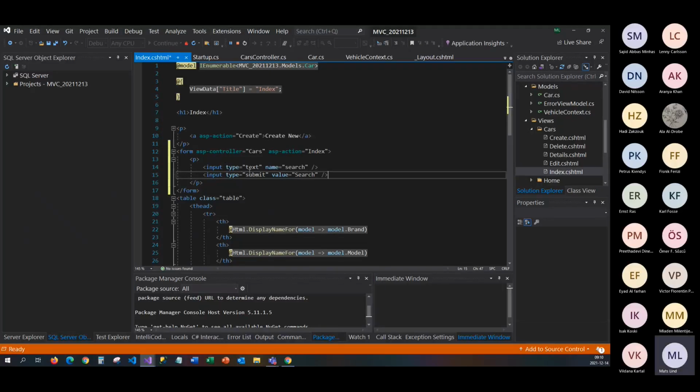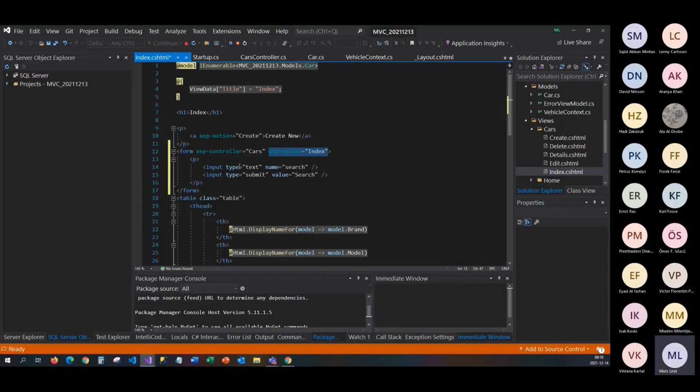So I have two inputs. One is the text input, and the other one is the button. So this is a submit, so it will use this section of the form. And because I have this, I'm telling that this is the controller cars, and the action is index. So it knows where to go when I'm pressing the button. So it will end up in the controller in the index